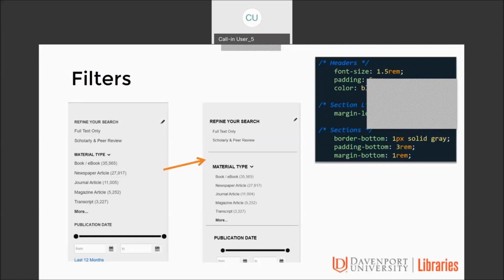It's a cognitive overload to look at links all lined up at the left like that. You just feel like, where do I even start? But when you have a little indent, it kind of chunks it appropriately. And then